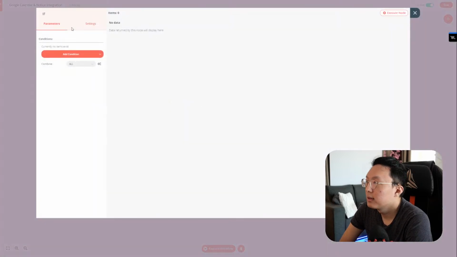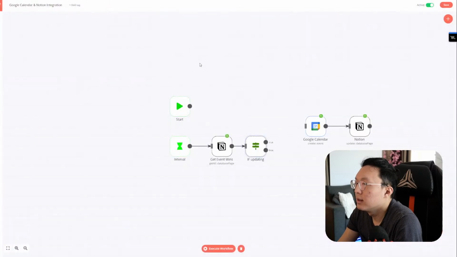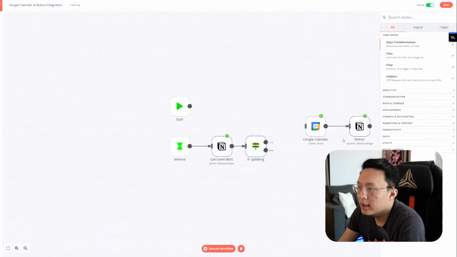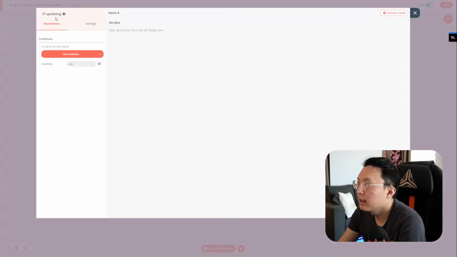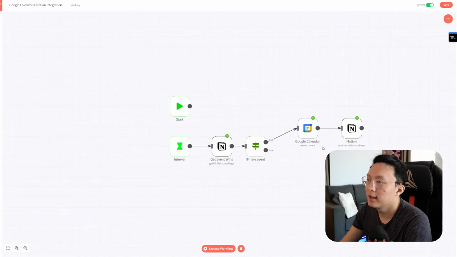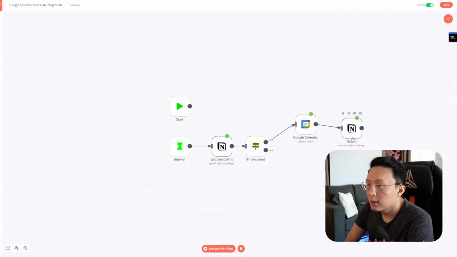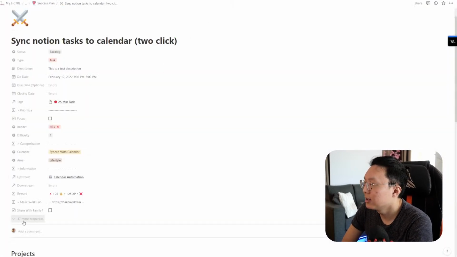Okay, I'm going to rename this. So I'm going to call this one if updating. So if updating, then we go that way. If it's creating, then we go and do this, okay? Actually, if new event, I think we do it this way. If new event, we go here, and then if not a new event, then we go here. So what we're going to search for is we're going to add one more additional,